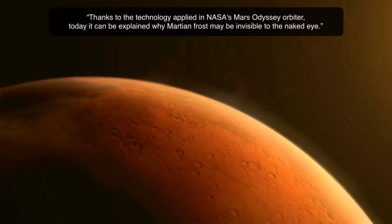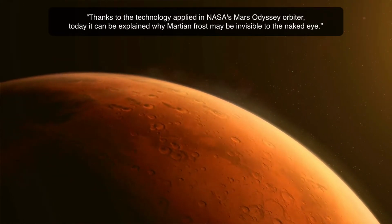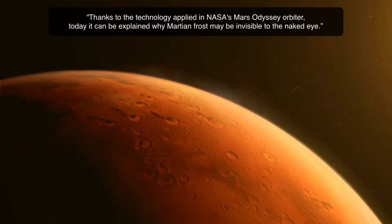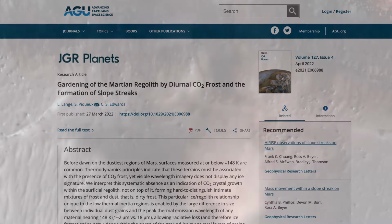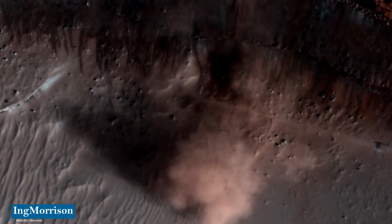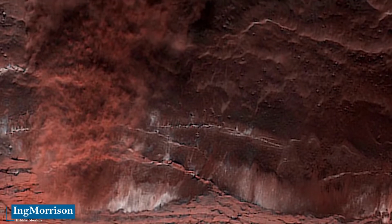Thanks to the technology applied in NASA's Mars Odyssey orbiter, today it can be explained why Martian frost may be invisible to the naked eye. The explanation of the mysterious frost on Mars is scientifically analyzed in this article published in the Journal of Geophysical Research, Planets, in which scientists proposed a surprising answer that may also explain how dust avalanches are triggered, which are reshaping the planet after sunrise, in an interesting interpretation of data from NASA's Odyssey orbiter, a major mission launched in